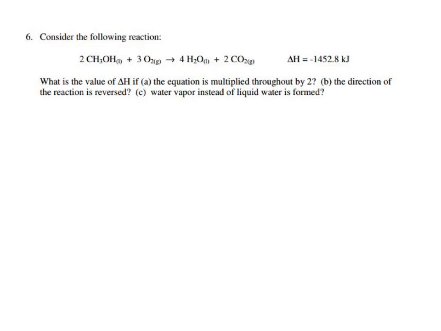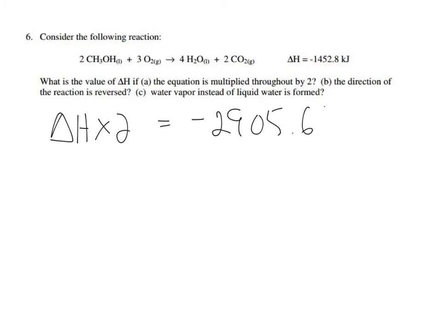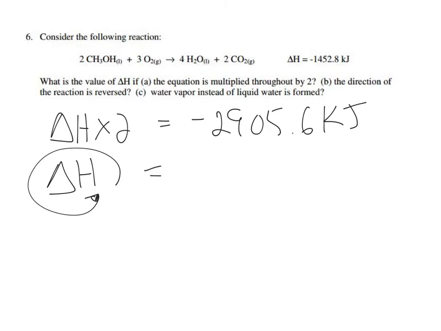Okay, here's a couple of questions about this reaction. What would the enthalpy be if we multiplied the reaction by 2? Well, if you multiply the reaction by 2, you also multiply the enthalpy by 2. So in this case, it would be negative 2,905.6 kilojoules. If we reverse the reaction, you reverse the sign of the enthalpy change, so it would just go from negative to positive